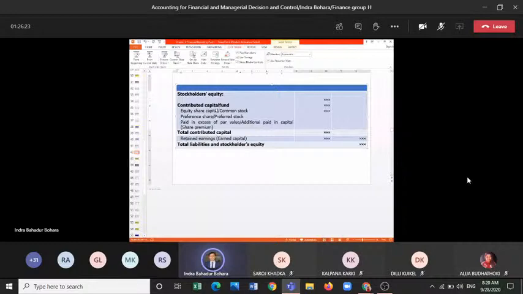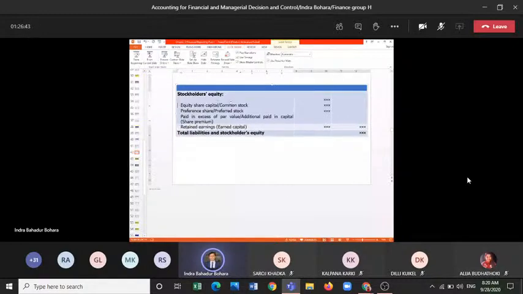contributed capital and earned capital यसरी म छुट्टाएर गर्छु भने नि पाइयो. Or when you do not want to separate earned capital and contributed capital you can write like this. Look at here, I have erased contributed capital भन्ने नै हटाइदिए मैले. What is contributed capital and what is earned capital भन्दा, contributed capital means capital contributed by the shareholders in terms of equity share and preference share, and another